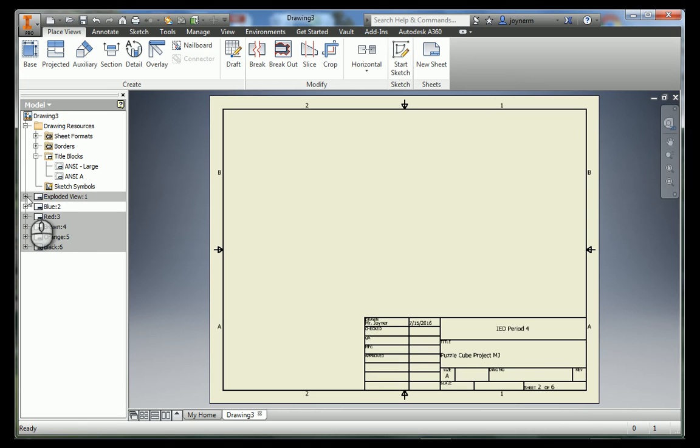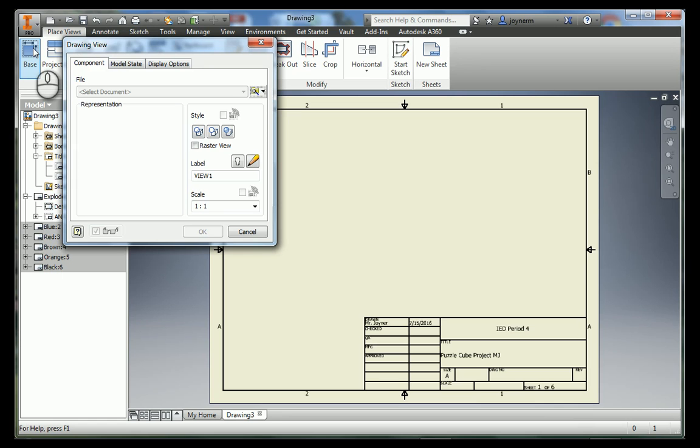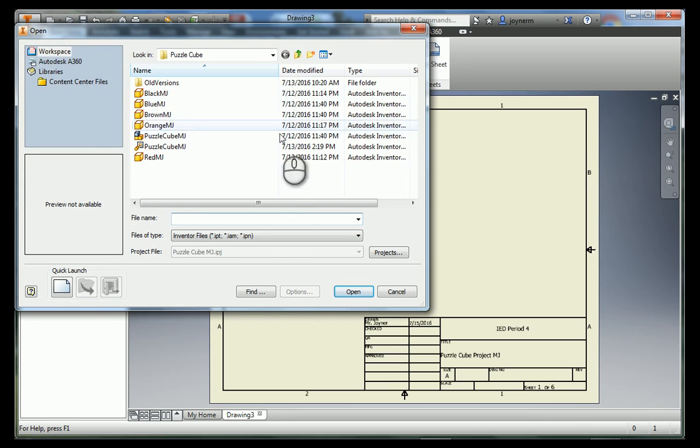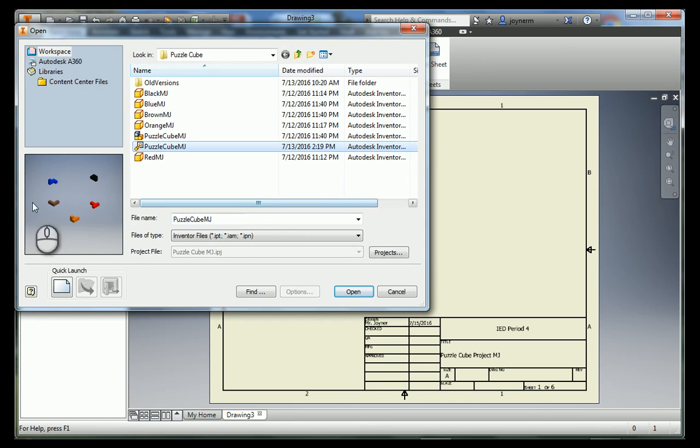So when we go to our exploded view piece of paper, sheet 1 of 6, we go to the upper left hand corner because that's where we start most of our projects. It's going to be the base view, and we're going to click the one we want. So we want our exploded view. We go into our lookup, and here is our presentation file that we want. That is the file type that we want. So if we go open,